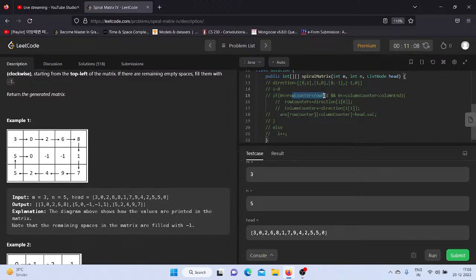If my row counter is less than row end, initially my row end is, let's say, m, which should be less than 1, and my column end would be minus 1, and right, if my row counter condition is true, then row counter plus